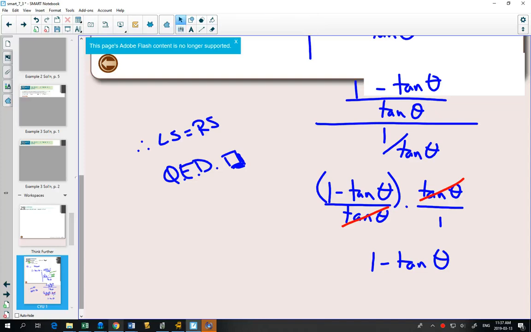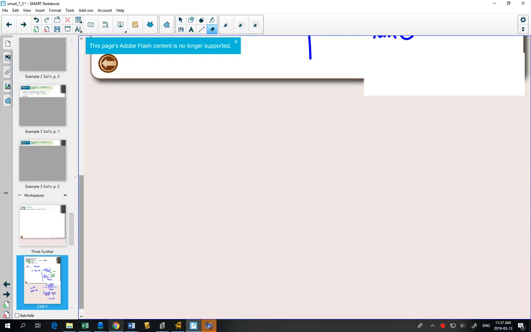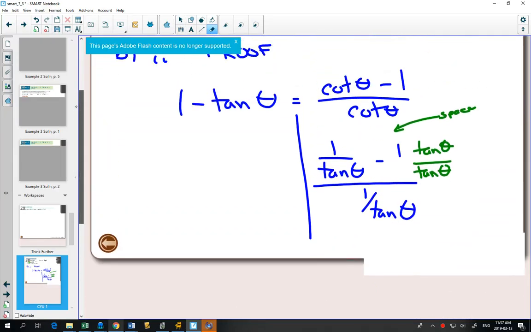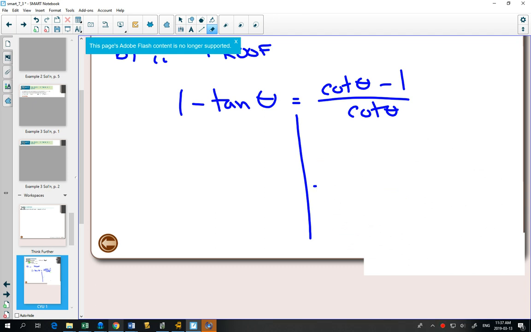How many people change cotangent to tangent? Couple. How many people change the tangent? I'm going to erase this, because this is the other thing about proofs. You can do them in multiple different ways, and those multiple different ways are right. How many people change the tangent to cotangent? Did anyone do that? So if I change the tangent to 1 over cotangent,